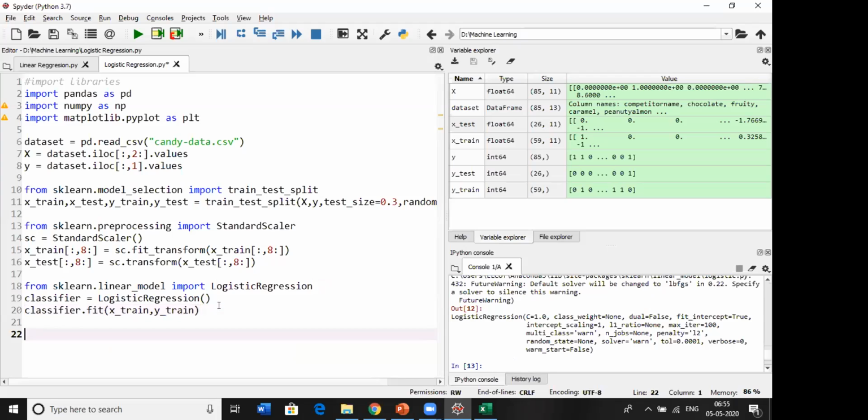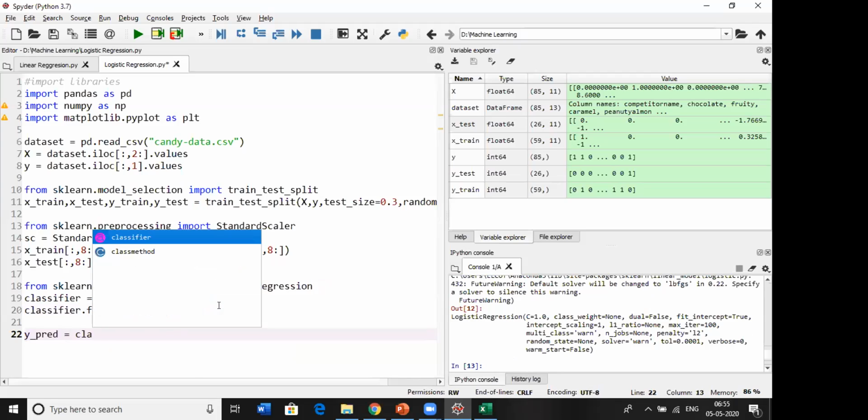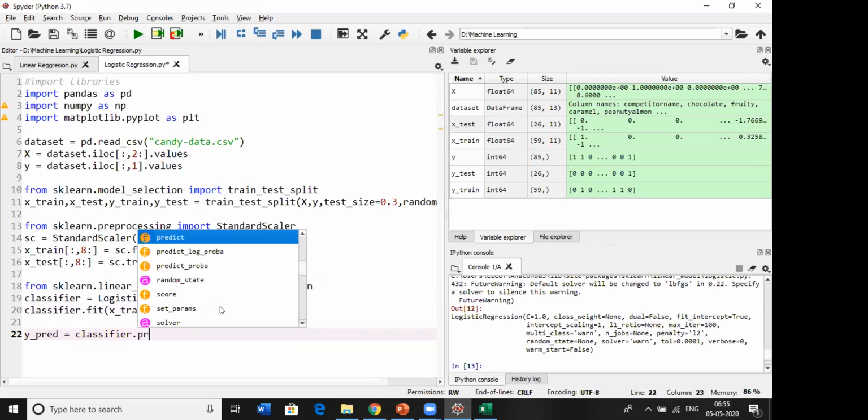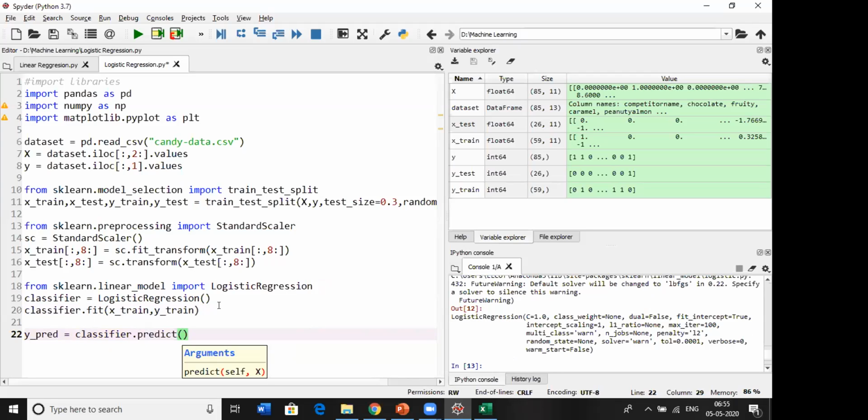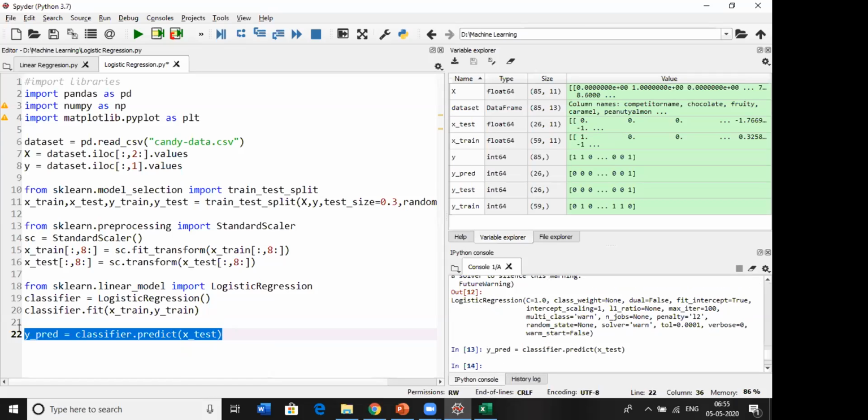Now it's time to predict. Y_pred equals classifier.predict. Inside predict, we give the test data, X test, and it will give you the predicted values. Now we got the predicted values.